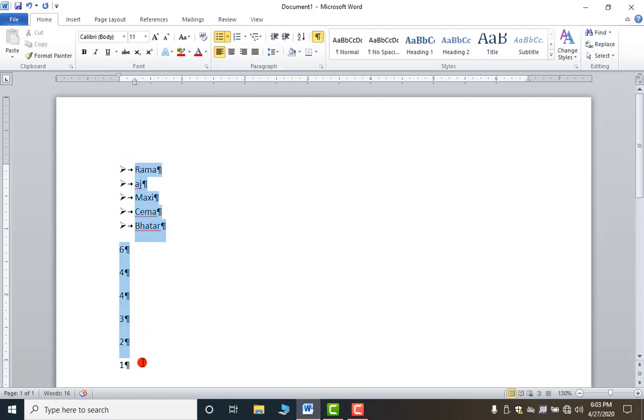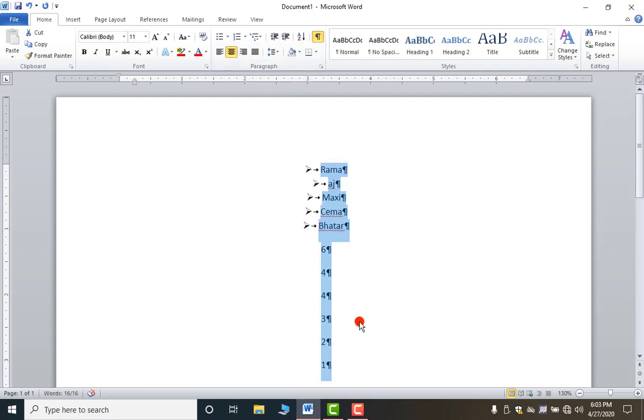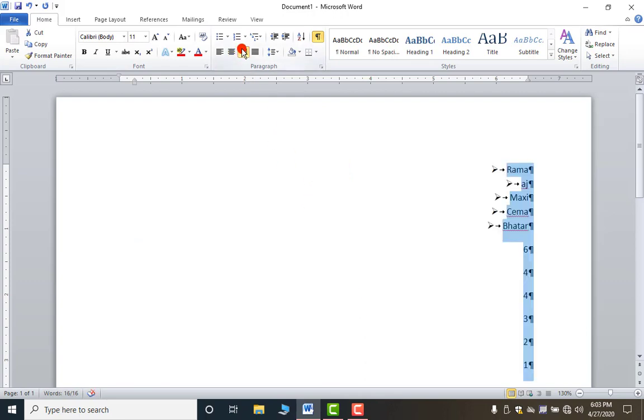Now if I want to center align it, I have to click on this. Look, it is center aligned now. If I click on this, it is right aligned. So what is important here are the shortcut keys Control L, Control E and Control R. Now the last one is justify. For justify I need a paragraph, so I am writing the paragraph here.